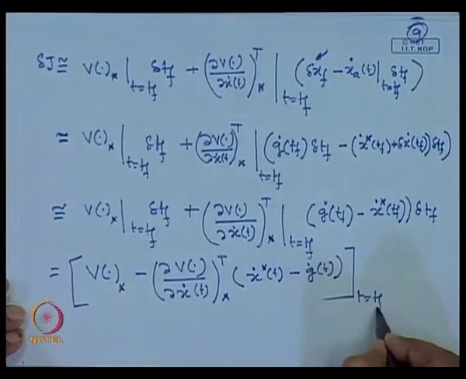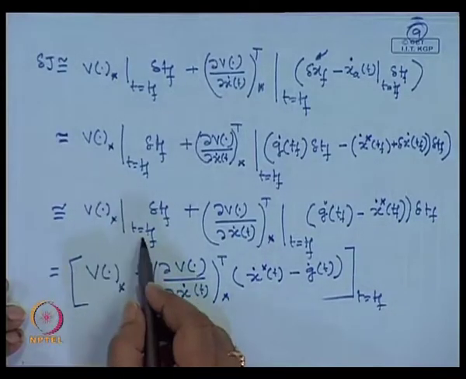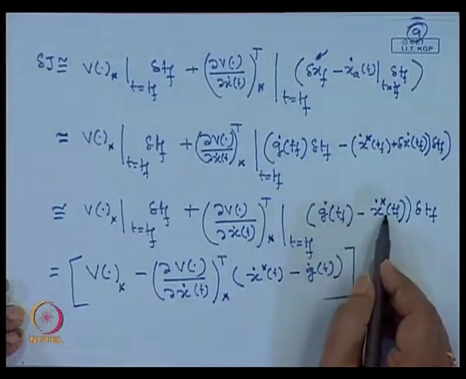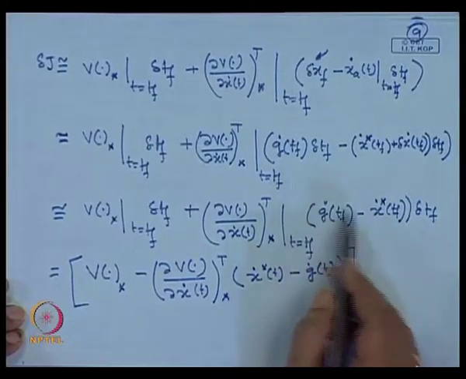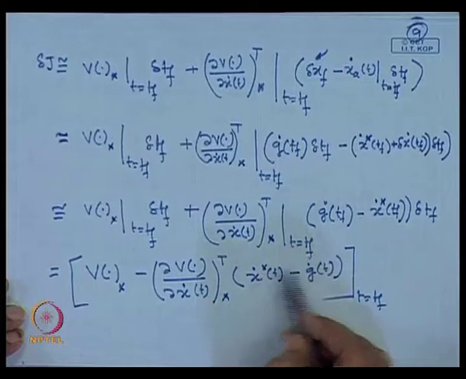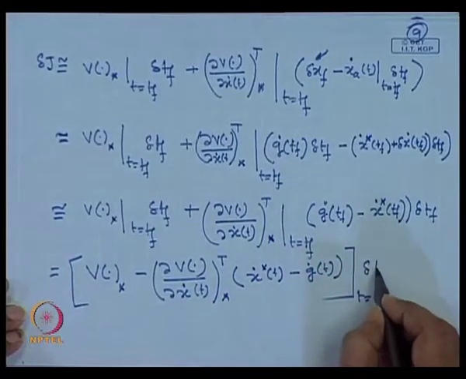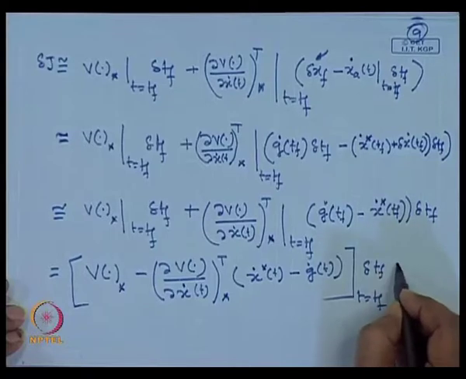Mind this value you calculate at T is equal to T f. I changed this, I brought it first and this I bring later, so the minus sign has come here, into delta T f